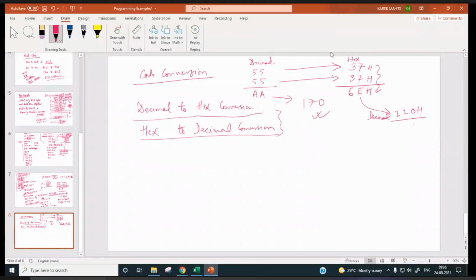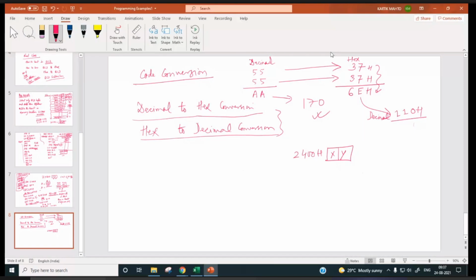Now, suppose we have BCD number at 2400H. How to convert this number?